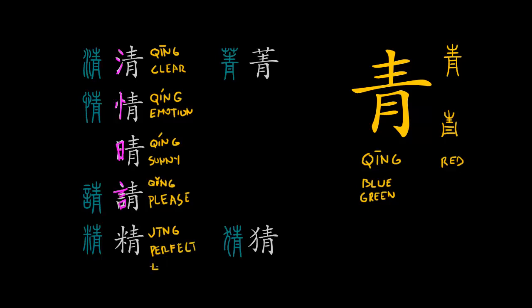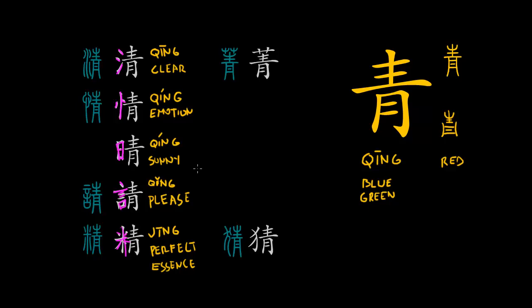Perfect or essence. And the etymology over here is a little bit more difficult to understand. The semantic element is this part over here, mi, and it is rice. And one explanation or interpretation of why this element is in this character is that rice is the essence of